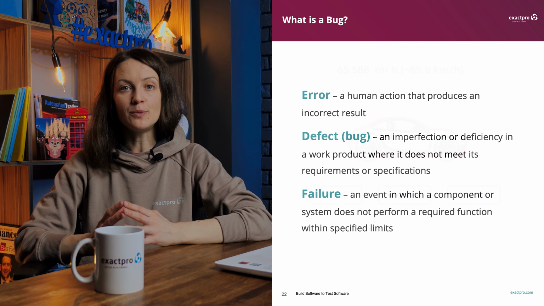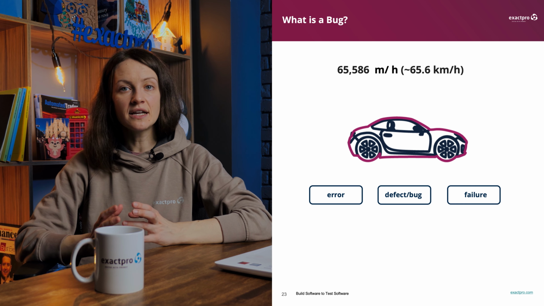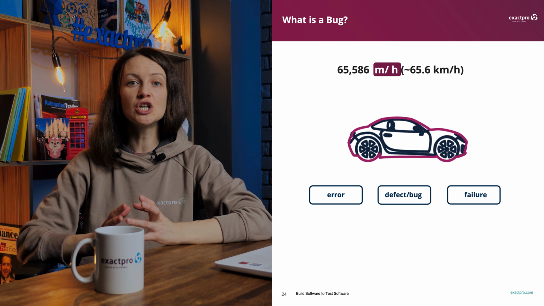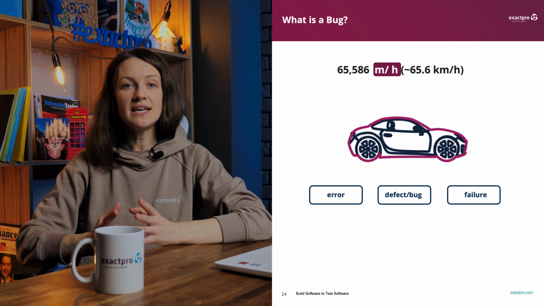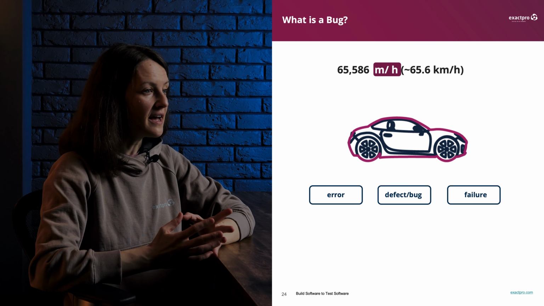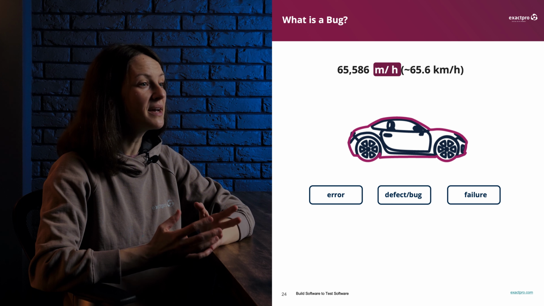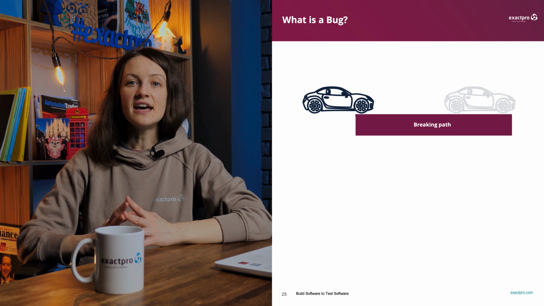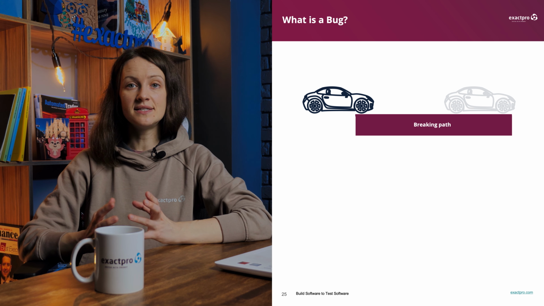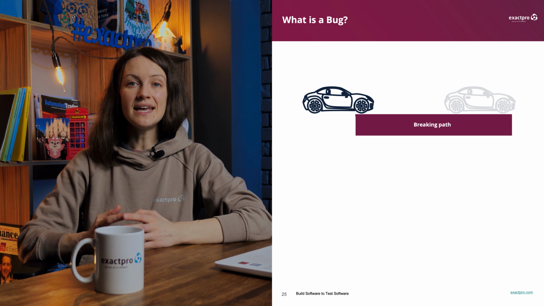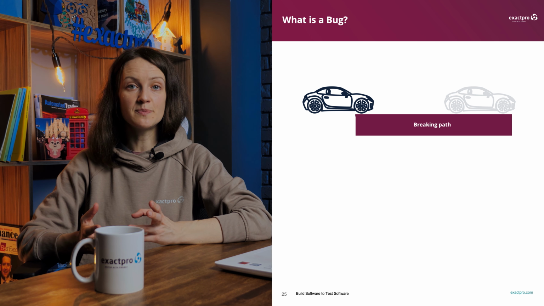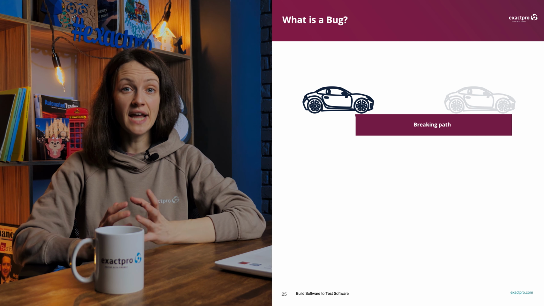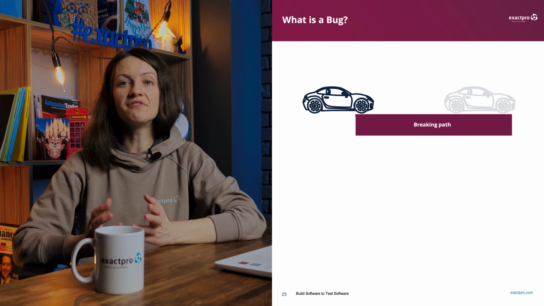Let's look at the next example. A human mistakenly thinks that you can represent the meters per second value as a 2-byte variable. So when the speed exceeds a certain limit, all the values that are larger than the said limit will be considered an error. If this value is used to calculate the braking path, then a vehicle can think that its speed is 0, even though its actual speed is 66 to 70 kilometers per hour, which in turn can lead to an accident. The human made an error which brought forth an introduction of a defect.